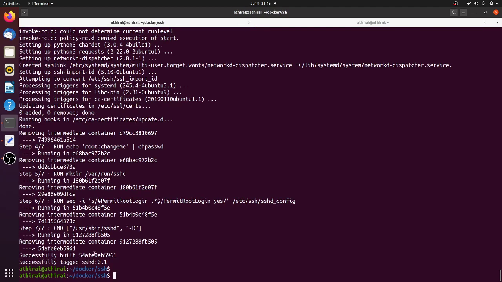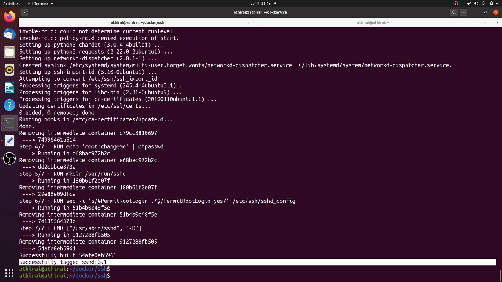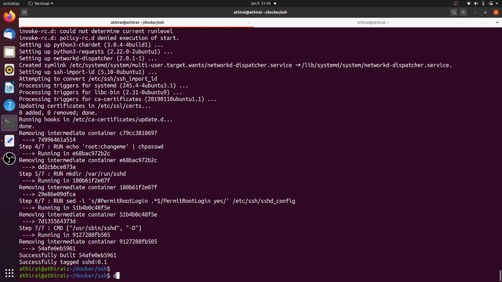Let's see. So the image is ready now. The image got created. Let's try with a single container now. I want to give it a name, so I will say docker run --name system1001. This is the first system.